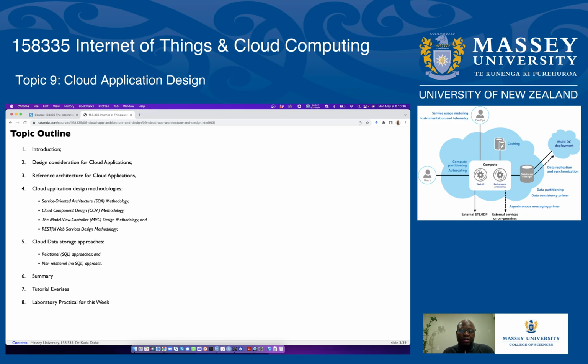Of course, notice that with this set of slides, you also have at the end, after the summary, tutorial exercises as well as an outline of the laboratory for this week. And I'm sure you are all aware that the laboratory practicals are actually based on material provided by Amazon through AWS Academy. Right. Next, we will look at section 1,